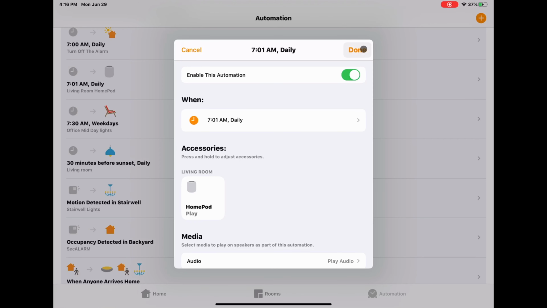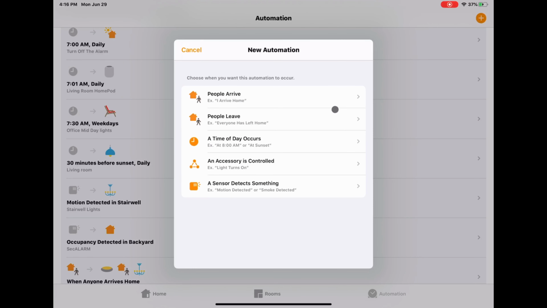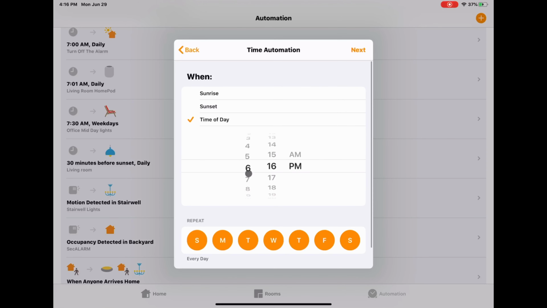It runs at 7:01 a.m. daily, running a Third Eye Blind radio station. So from the plus button, you'll click on at a time of day this will occur, and similar to what you've already seen, what I just showed you, I'm going to run this at, I'm just going to put 7